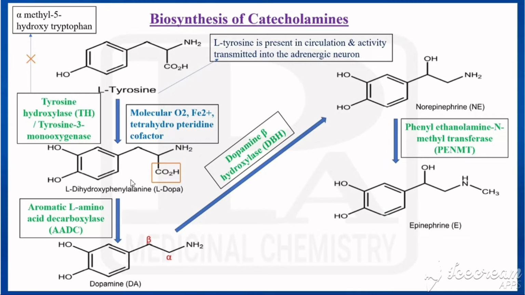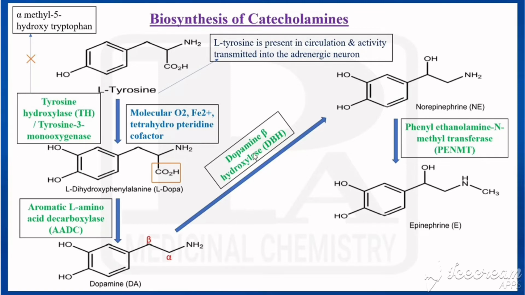Now this L-dopa, with the help of aromatic L-amino acid decarboxylase. Phenylalanine is an aromatic amino acid, and this is L, so that's why aromatic L-amino acid. Here it is having the carboxylic acid group. From that, carbon dioxide is going to be removed. That's why the enzyme used is aromatic L-amino acid decarboxylase. With the help of that, the carbon dioxide would be removed and a hydrogen is added to this carbon. So that's why we are having CH2, CH2, NH2, that is called dopamine.